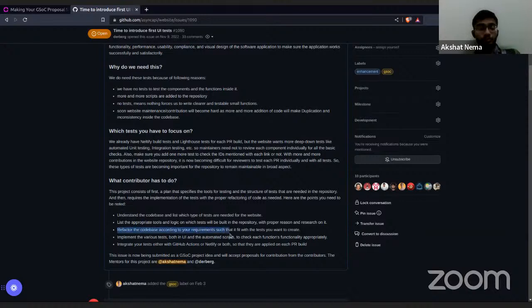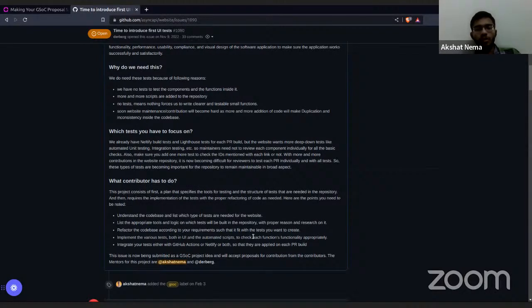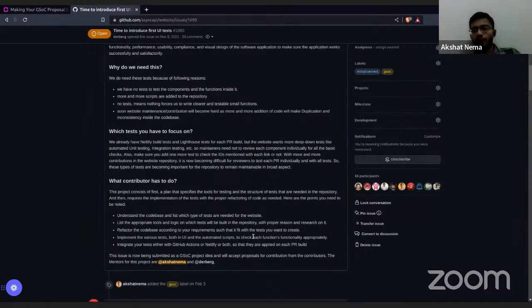Now the coding part comes in, what the contributor will be making inside the coding period. First of all, it will be a slight refactoring of the code base, because at certain places I see that many of the components are made in a way that they can't be properly tested. They are just hard coded. So we can't make things like that. You have to be very specific about how you scale those particular components. The second one comes with the various tests and the test suite you have to write inside it. Like in this particular,